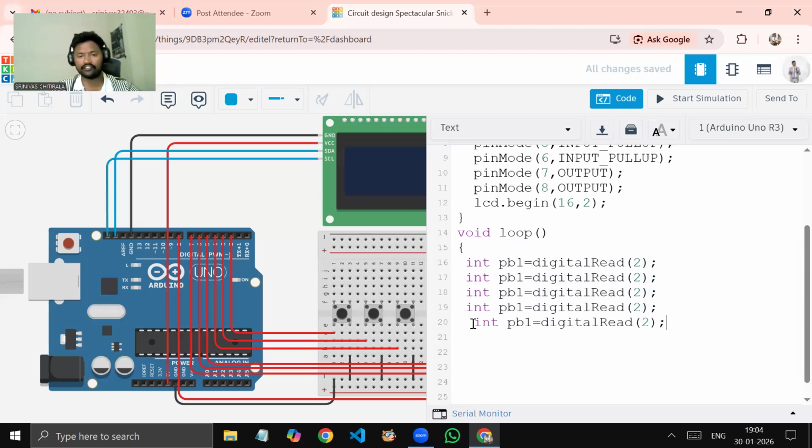So how many total? 5 we have. So I copied and pasted till I get 5 statements, so 5 lines. V2, V3, V4, then PB5. We read the value from all push buttons and stored it in different variables, PB1, PB2, PB3, PB4, PB5. So now the first thing is